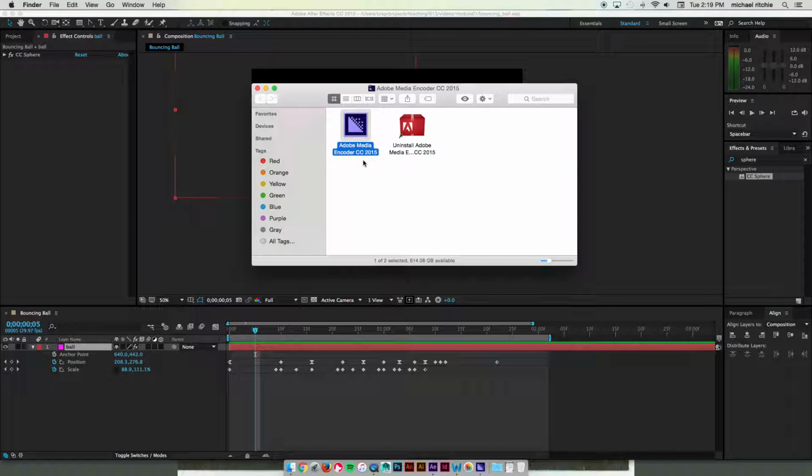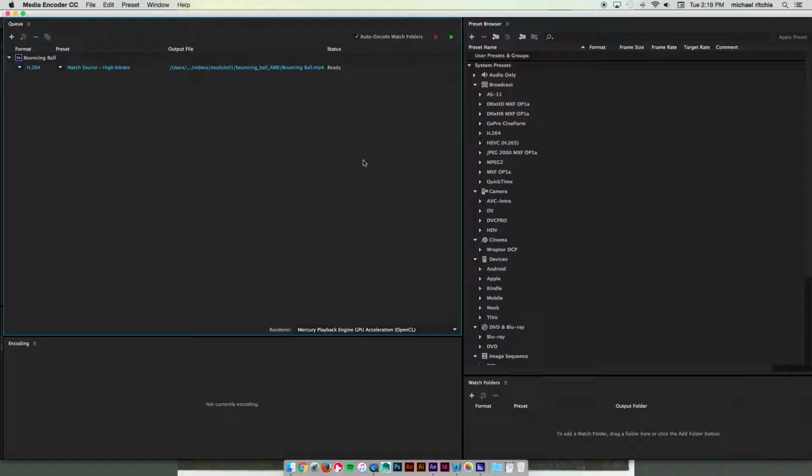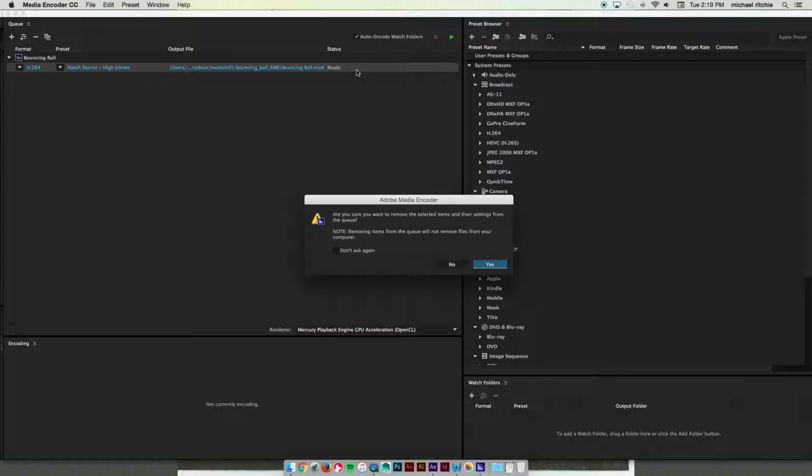Adobe Media Encoder is a separate application that Adobe made. It doesn't do a lot. Mostly what it does is it converts video types or audio types from one to another. And with video and animation programs like After Effects, it'll actually